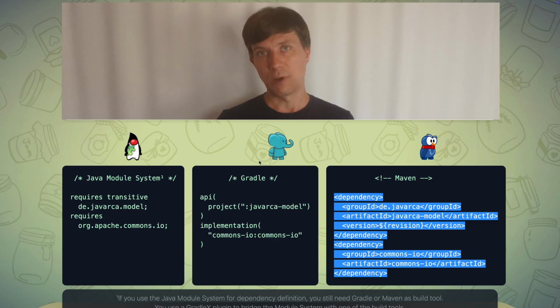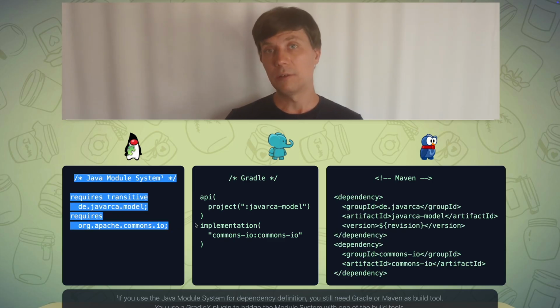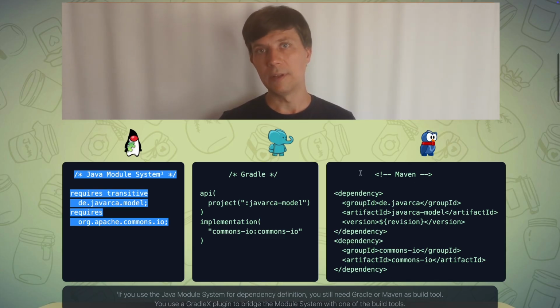If you go with option 1, the Java module system, you still need to use one of the build tools. It only means that you do not need to use all of the dependency declaration capabilities of these tools, as you can do them in Java directly. You still need the dependency management tooling behind that, for example, for version management.